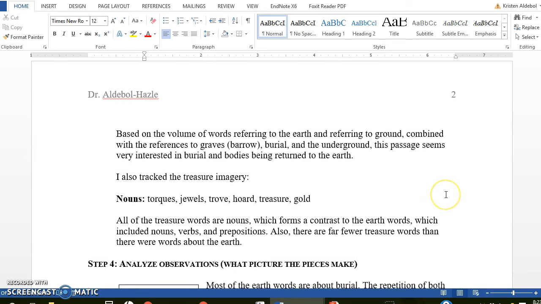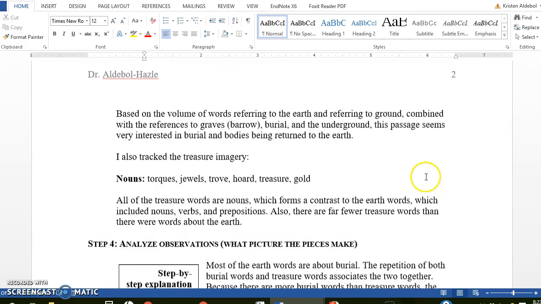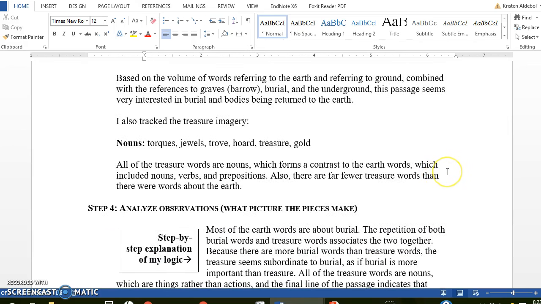And based on the volume of words referring to the earth and referring to ground, combined with the references to graves, burial, and the underground, this passage seems very interested in burial and bodies being returned to the earth. Now, I also tracked the treasure imagery because that was the other thing that jumped out to me, as you'll recall. And there, that was mostly nouns, so there weren't so many verbs or prepositions about treasure, but there were